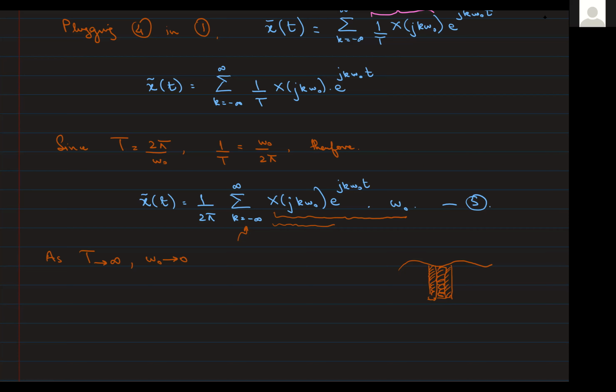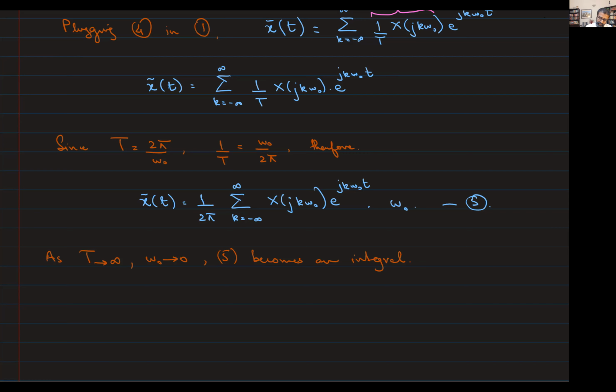Right. This is nothing but the definition of an integral, by the way. Okay, this is a Riemann sum, right? Yes, sir. Right, and I don't want to go into these details here. It turns out, omega naught to 0, and take my word for it, and we can discuss this offline, right? As omega naught goes to 0, we can say that the sum becomes an integral.